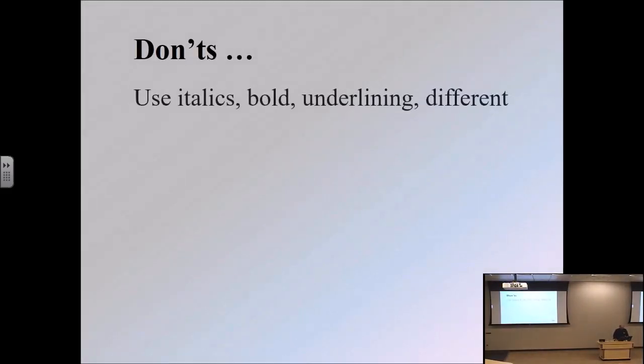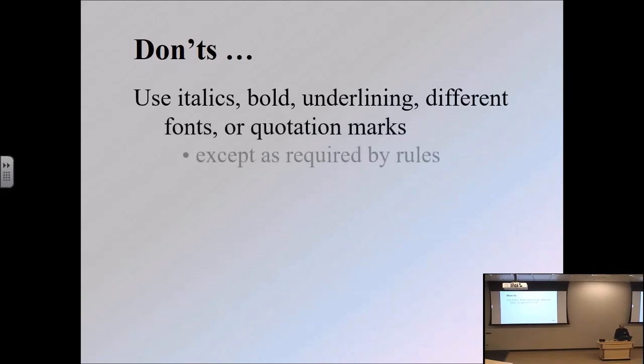Okay, other don'ts. Don't use italics. Why do people italicize? Typically, there are grammatical rules and scientific rules for italicizing, but typically italics is used as a way of drawing emphasis, and that's not appropriate in technical scientific writing, because you're not trying to suggest that this is more important than this. That's not how scientific writing works. So avoid italics, bold, underlining, different fonts, quotation marks, etc., unless required by rules of grammar, or I should also add in there the rules of scientific nomenclature.